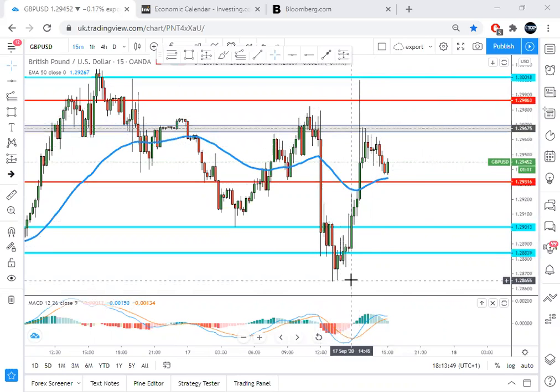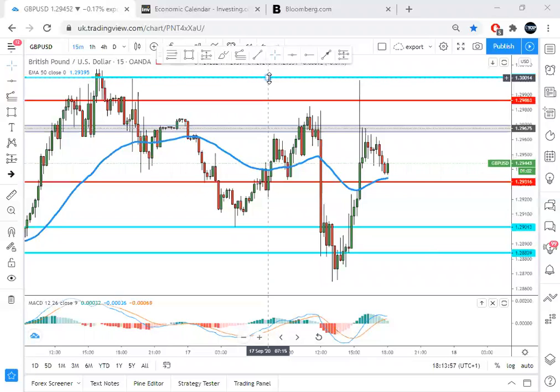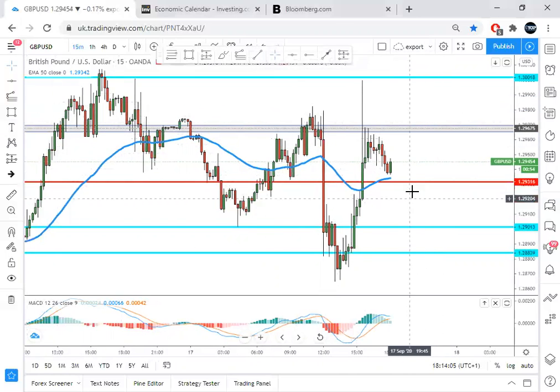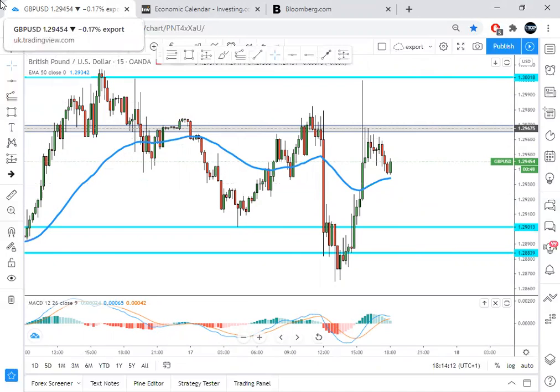GBP move all the way to as low as 1.28, but it didn't stay there for long, and then we had quite a strong momentum upwards, retesting yesterday's highs of nearly 1.30, then fell again, and currently it's just above this 50 MA, and looking to just range right now. So in a ranging method right now, there's no clear trend. We're expecting price to keep at this level for now before the market closes, which is our